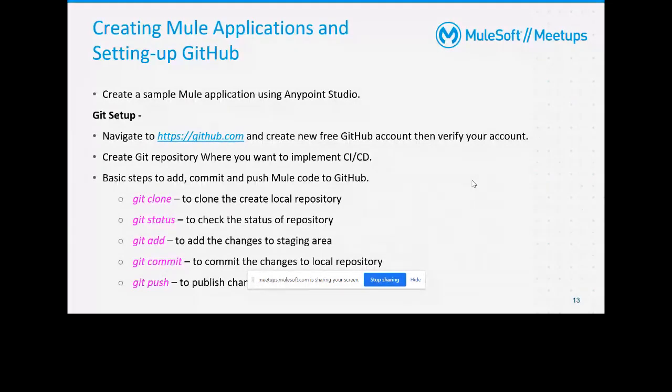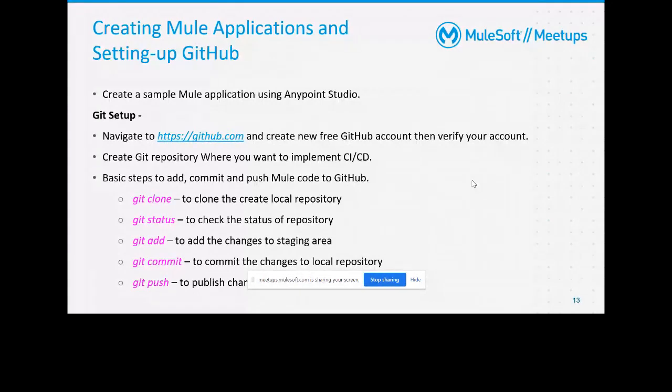Now coming to the next thing: as we are talking about deployment using GitHub, how to set up GitHub for a Mule application. You have to create a sample Mule application using Anypoint Studio for doing the sample CI/CD deployment. For Git, first make sure you have an account on GitHub.